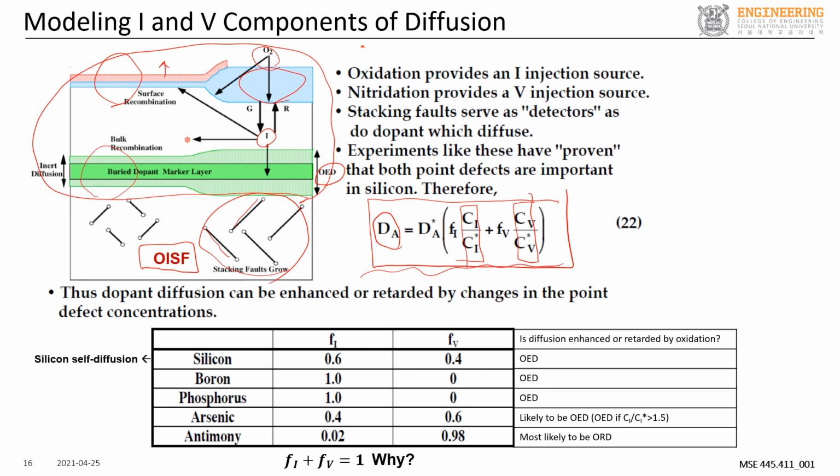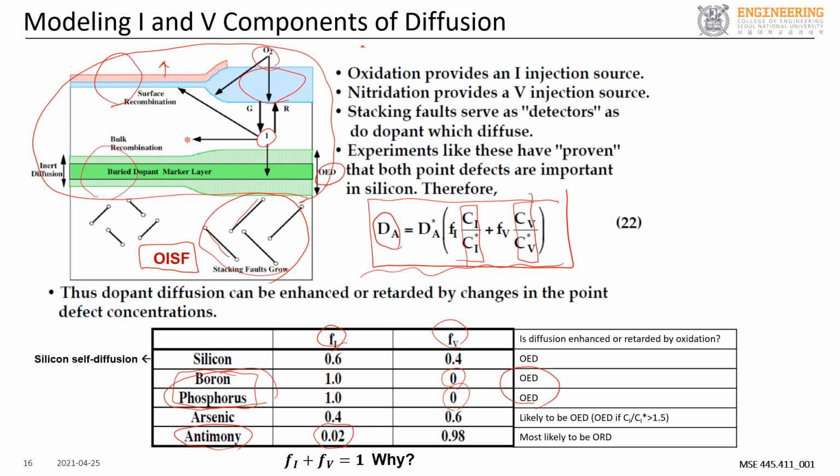And these are the typical values for these coefficients Fi and Fv. And you can see that for boron and phosphorus, it doesn't have the term which depends on the vacancy concentration. This is 0. And for antimony, it's close to 0. So what happens is that with the oxidation, which increases the Ci, it will enhance the diffusion for boron and